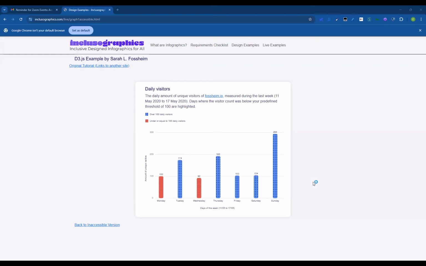I always make special consideration for making my stuff keyboard navigable. First off, it's not just for screen reader users. It's for a lot of people, right? People with motor disabilities, and there's a lot of different reasons you would want to use keyboard. Even some people are just super keyboard heavy. I don't want to belabor the point, but a lot of people just don't like to use a mouse.